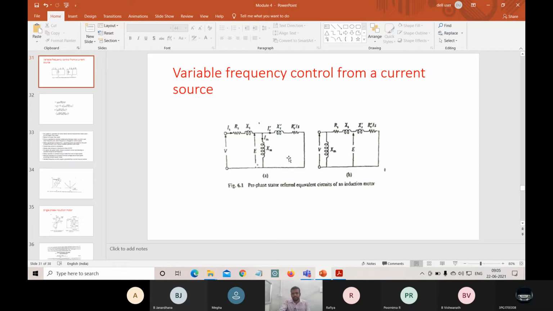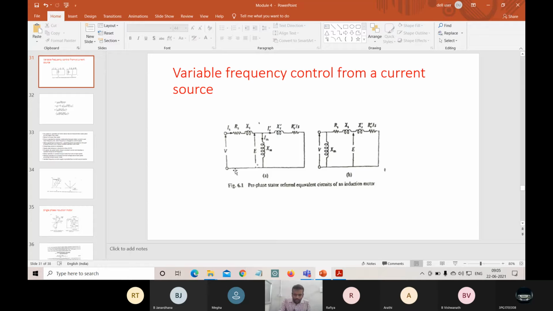So this is the equivalent circuit of a single phase induction motor, or just like an induction motor. This is the stator part and the rotor part. Here the stator resistances, reactances, the mutual inductance, stator dependent rotor resistance, stator dependent rotor reactance, the stator current, and the stator dependent rotor current. And these are the currents flowing through our mutual inductance. So this is the stator referred equivalent circuit of an induction motor.